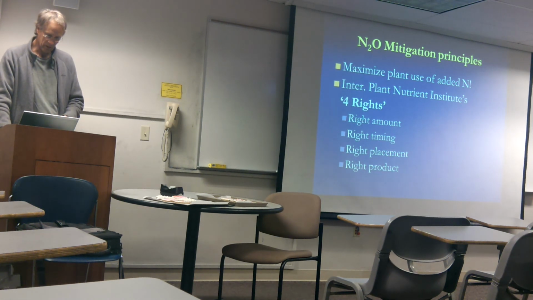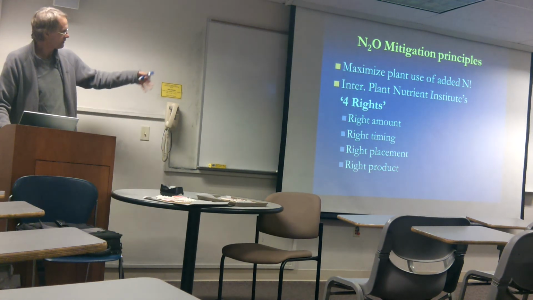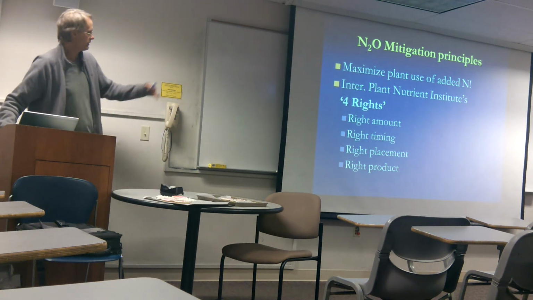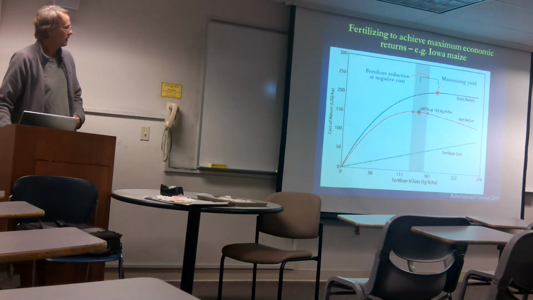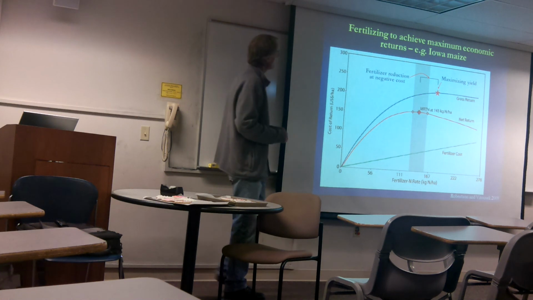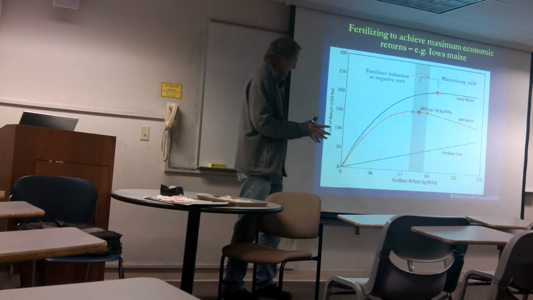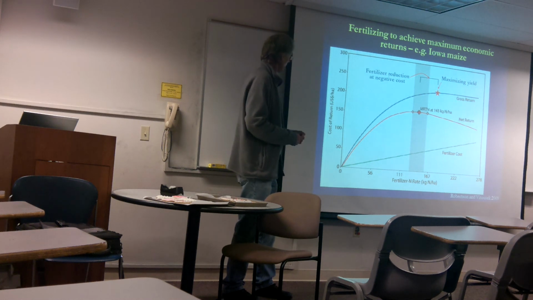The International Plant Nutrition Institute talks about the 4R strategy: the right amount of nitrogen, the right timing, the right placement. This is a little bit out there, but people are looking at N2O in agricultural systems, not necessarily biofuel, and are